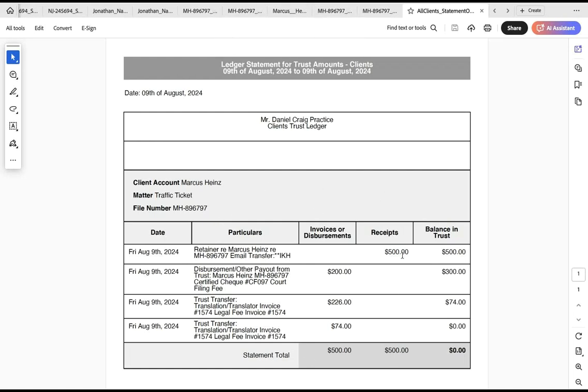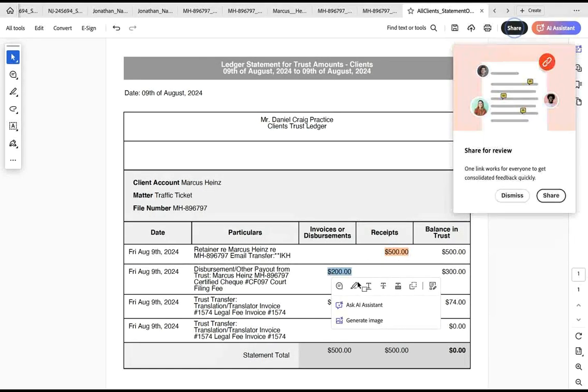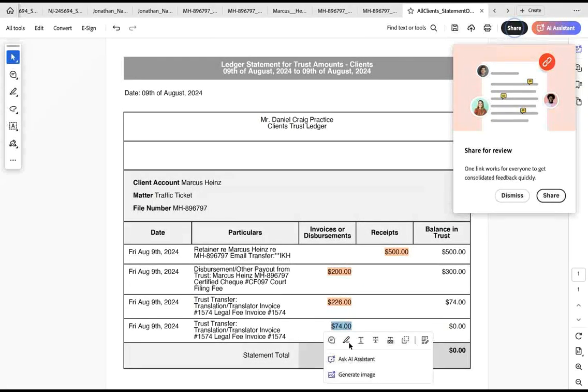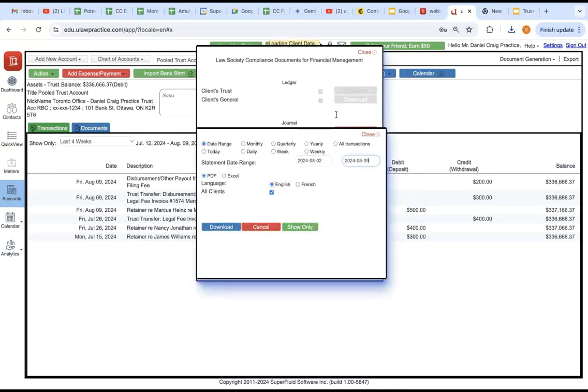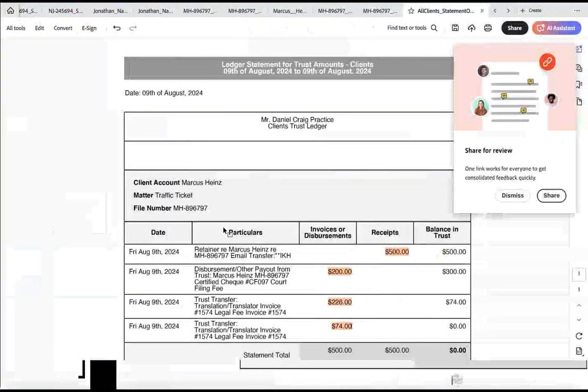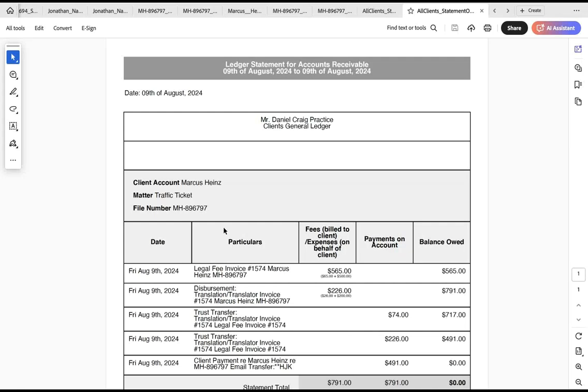Okay, so all the money that came in, I collected $500, and then there's $200 that was disbursed directly. There was a trust transfer that happened for $300. Also, when you click on the general, you would see very similarly the transactions recorded. So the best part of recording a transaction that is purely complete is that you're able to